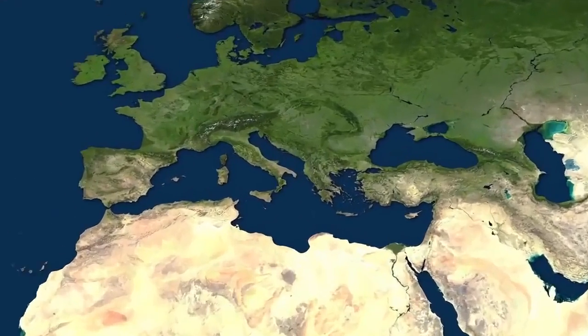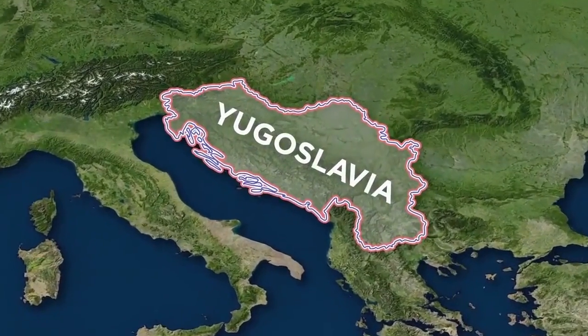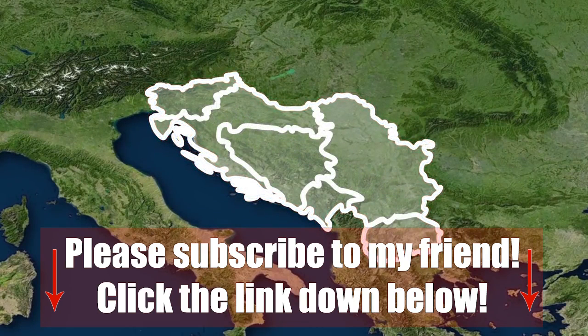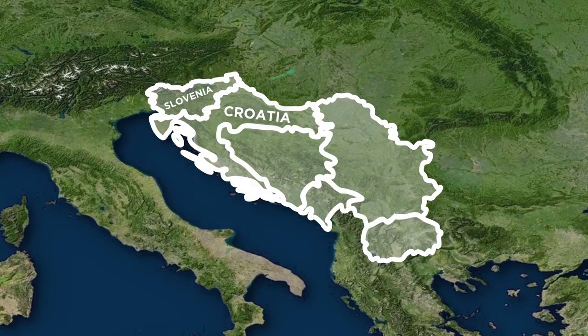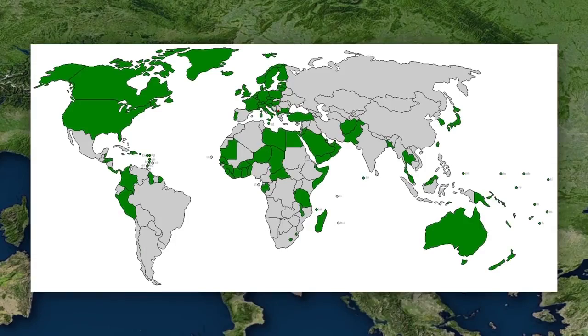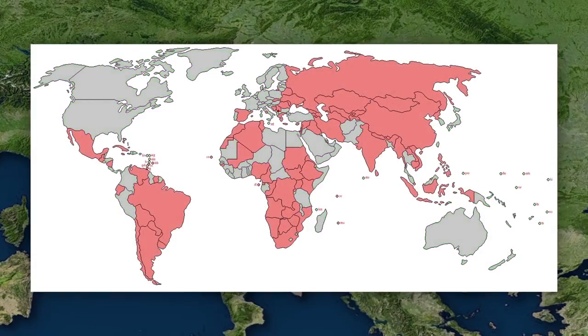Okay, here we go. So Yugoslavia used to be a country that existed here in the Balkans that was made up of either 6 or 7 modern-day countries depending on who you're asking. These 6 or 7 countries include Slovenia, Croatia, Bosnia and Herzegovina, Serbia, Montenegro, Macedonia, the former Yugoslav Republic of Macedonia, and Kosovo if you're asking these countries, and not Kosovo if you're asking these other